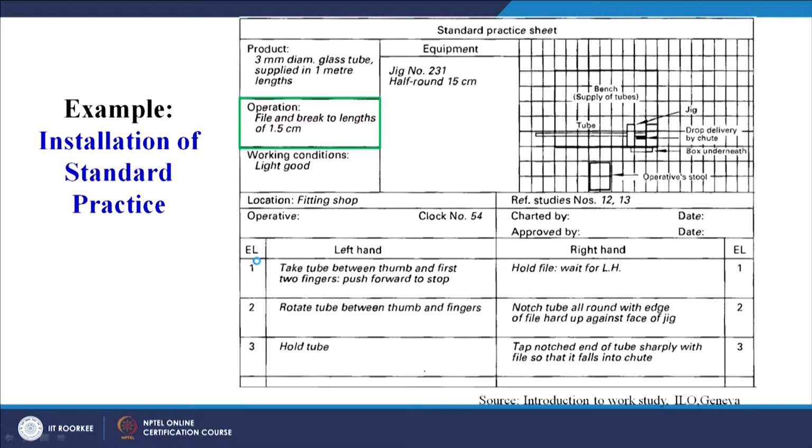Now this is one example, that is installation of a standard practice. You can see, we have already seen this case study. The product is a 3 mm diameter glass tube supplied in 1 meter length, and the operation is to file and break the lengths to 1.5 centimeter. So there was an improved method, which is improved as compared to the old method. This can be given to the workers as a standard operating procedure,